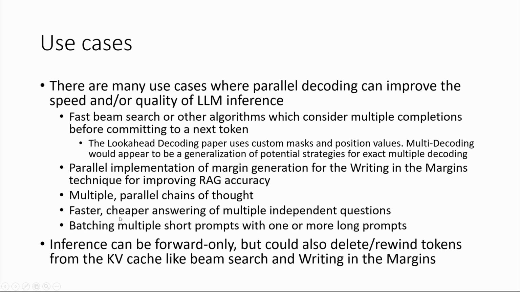We showed our example of fast, cheaper answering of multiple independent questions. Right now, you might say, I don't often have that many parallel questions, but when you go into the ChatGPT UI, right now there's a little box at the bottom. If instead it had multiple boxes and you could type as many questions as you want, and if you were paying for ChatGPT, instead of paying per token for all the things that you typed, it said, now,